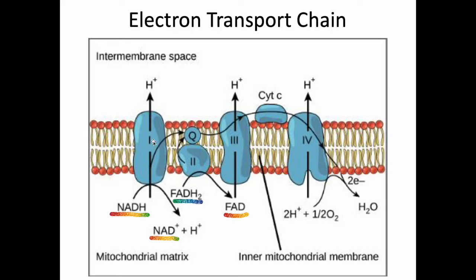What's happening to those electrons? Well, they're going to be transported from this protein to this molecule, to this protein, to this, all these proteins have names that we're not memorizing, to this protein, to this protein. Again, it's a transport chain. Eventually, these electrons are going to be passed to O2 in order to create H2O.